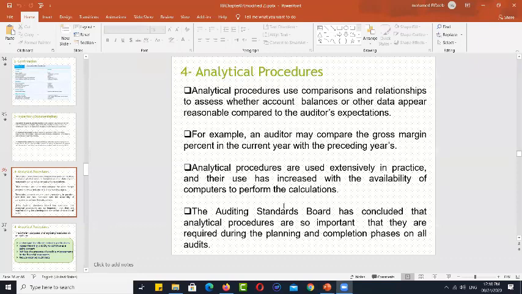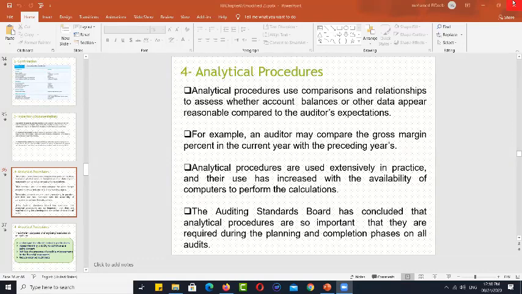At the same time, I am going to compare to get a valid result. I have to compare it with something else. I will compare it with maybe the previous year's ratios, or with the budget that was prepared by the company at the beginning of the year, or maybe with the expectation of the auditor. Whatever, but comparison is a must, because the number in itself cannot describe or lead you to a valid result. So: ratios, comparison, unusual items.